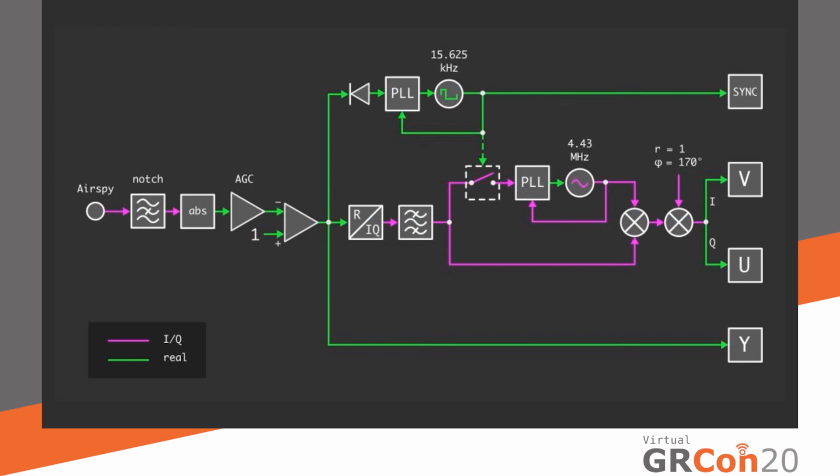And then the center part is the color decoding. So we use a simple bandpass FIR to get the chroma signal. And then we synchronize a 4.43 MHz carrier to the chroma signal. And we do an arbitrary phase shift because I didn't get it right. I had to sort of estimate the number of degrees to rotate the chroma. So it's a bit like an old TV where you used to have the hue wheel that you could manually adjust.